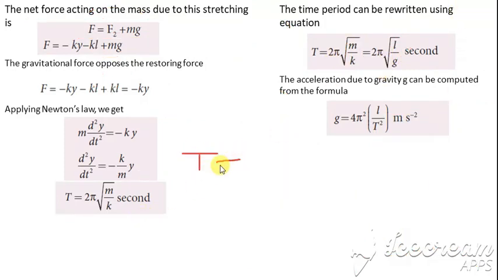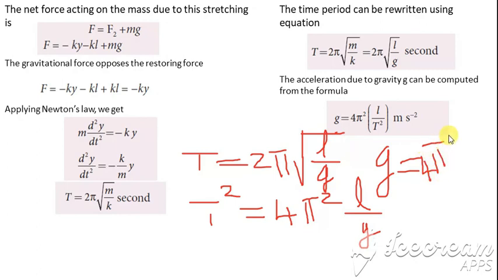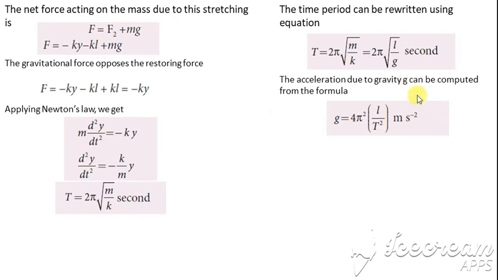So the equation which we have is T is equal to 2 pi into root of L divided by g. Now squaring on both sides, we get T square equal to 4 pi square into L divided by g. Now bring g to this side and T square down, so we get g equal to 4 pi square into L divided by T square. So we have got the value of g, which is acceleration due to gravity. This is about the vertical oscillation of a spring. Clear with this? Okay, thank you.